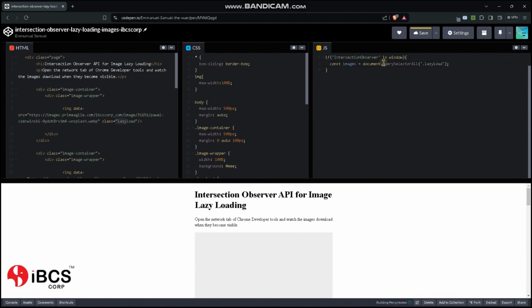Now that this is done, the next thing we need to do is to define a function that is going to handle our image intersection. So we'll call this function handleIntersection. And this handleIntersection will take two parameters, the entries and then the observer. These entries represent each of the images that we are passing into this function to be observed. And we would loop through the array of these images in the DOM and say for each entry,